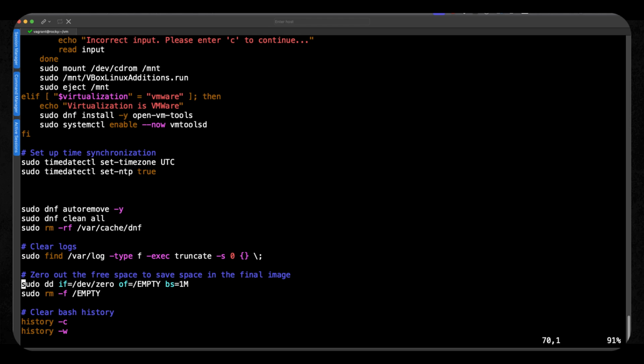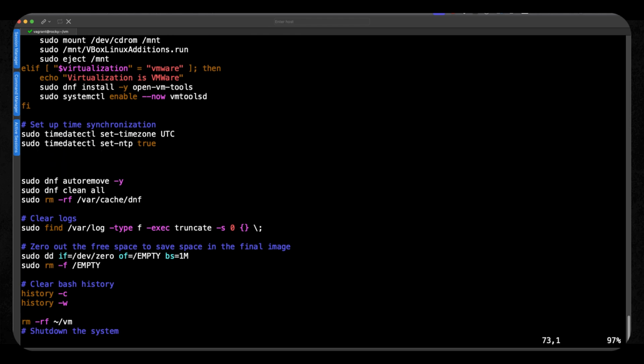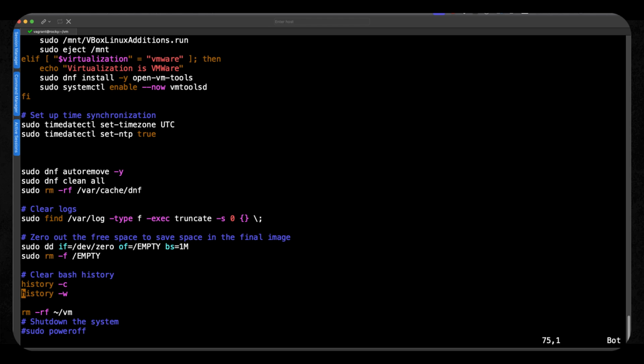And then we seem to be doing something a little bit strange where we're using dd to create a file. That file will be unlimited. We haven't set a maximum size. So we're going to fill our root file system, but then we delete it. The idea of this, it makes it easier to be able to compress the disk because we filled it with a whole load of zeros, so the disk size will be smaller for our image we create later. We can clear our history, and then we can remove the cloned directory.